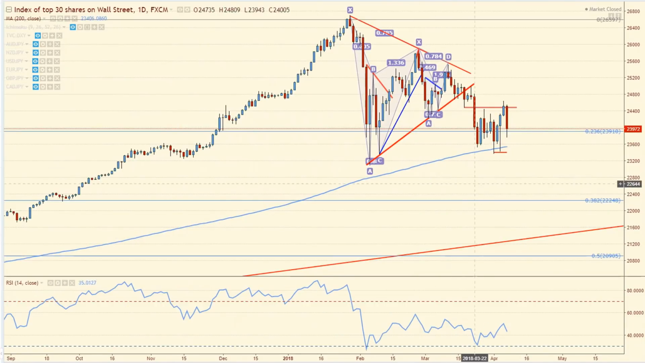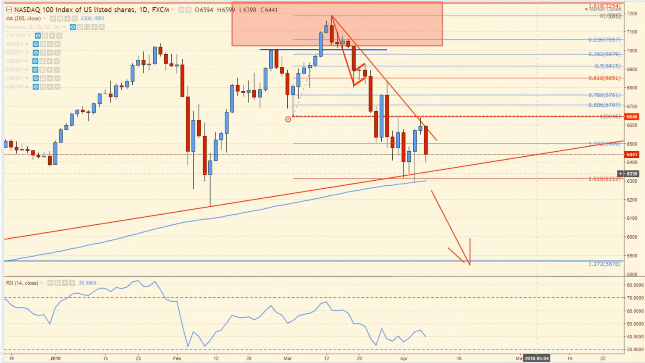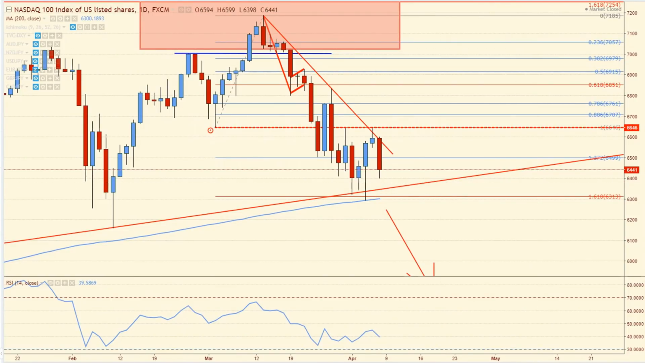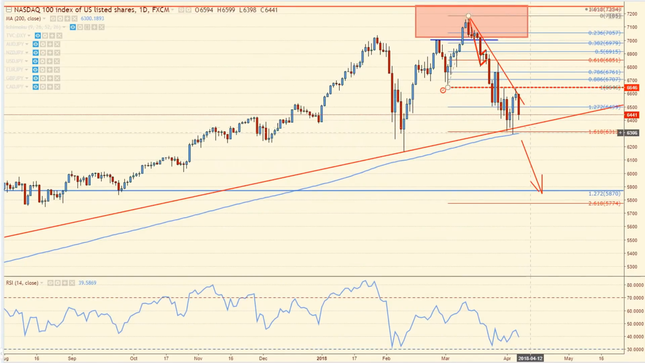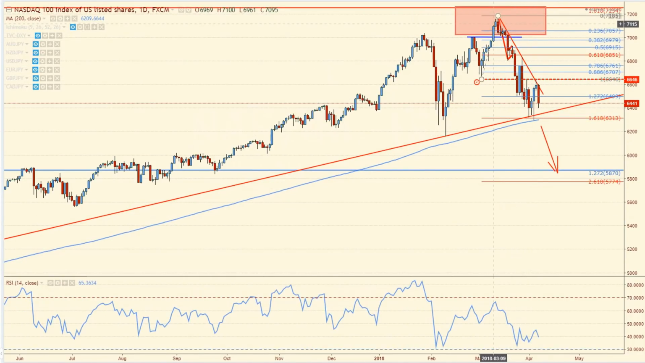The Dow's not too far off of its 200-day moving average. The Nasdaq, let's go over to the daily chart here on the Nasdaq. Okay, that was the daily. The Nasdaq, we had this false breakout over here, nearly hit 161% extension of the